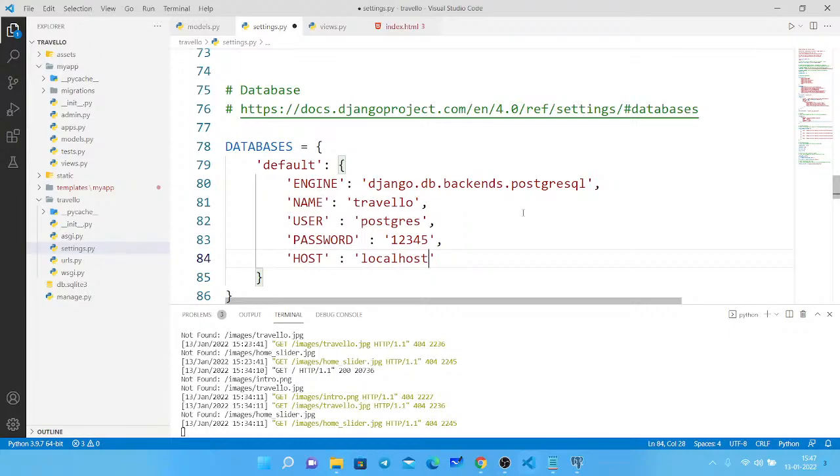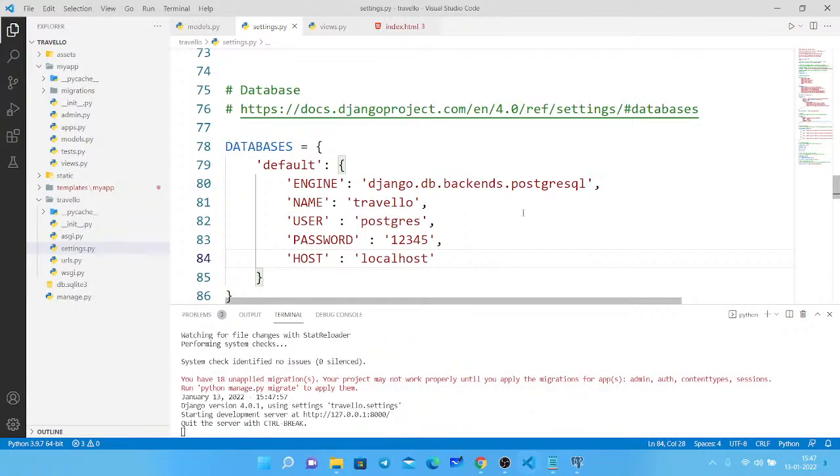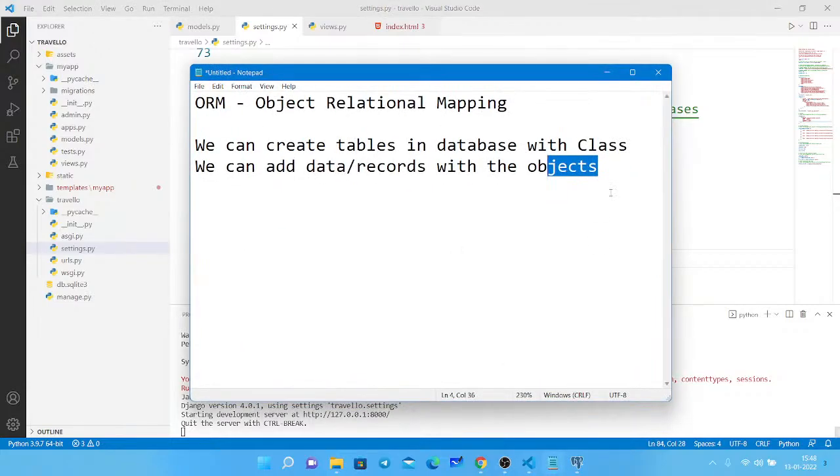The Django project and the database are both on the same server. That is why we'll give localhost here. So these are some settings that you have to set here, and then you can save it. Okay. Am I clear? Now after saving this, remember one thing, to connect Django and